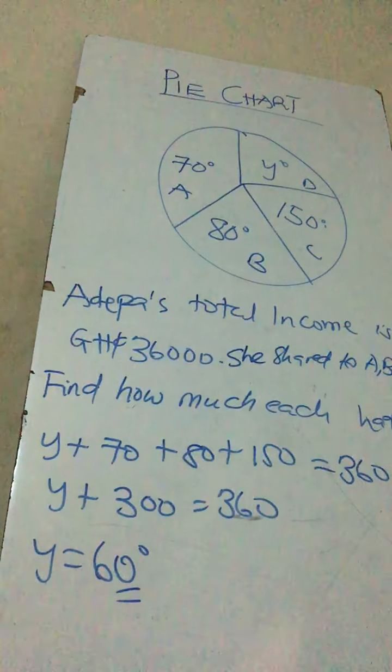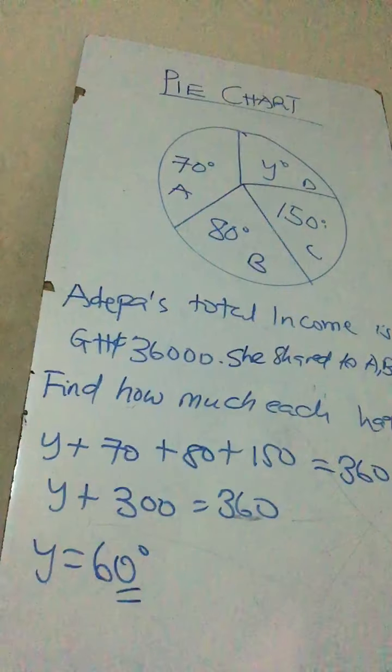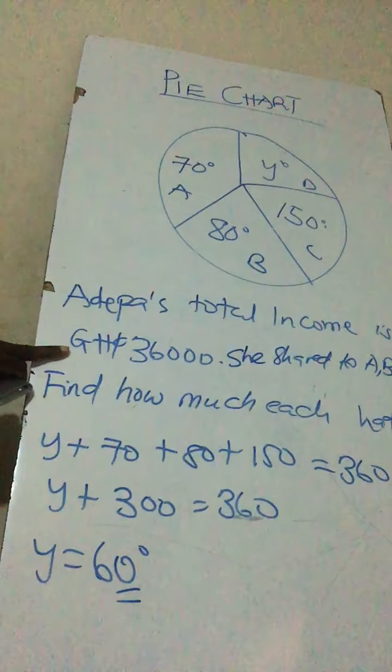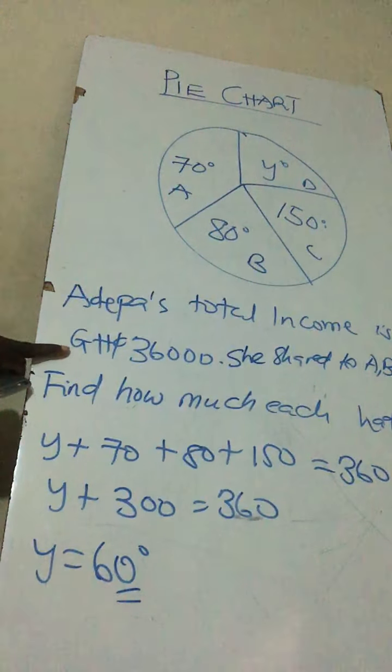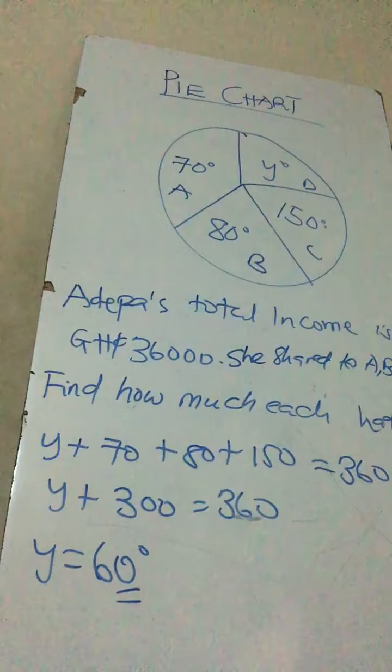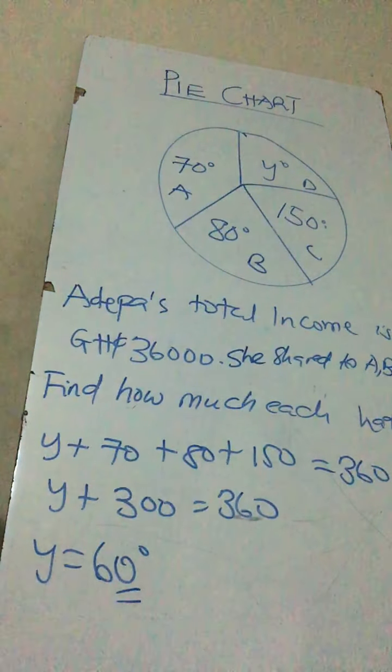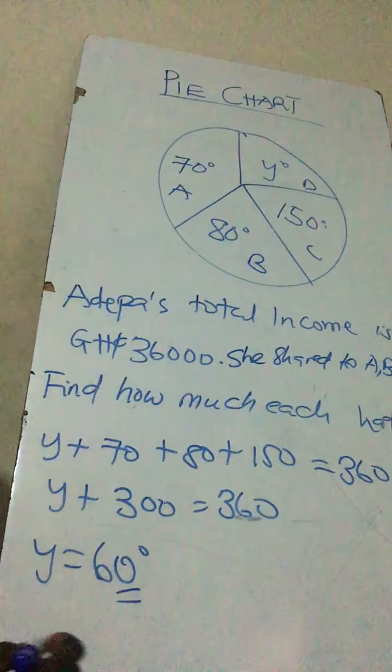Okay. So now the question is find how much each had. So out of this 36,000 that Adepa shared to her children, find how much each had. So it is simple. You take each angle divided by the total angle times the money. And so if you take A,